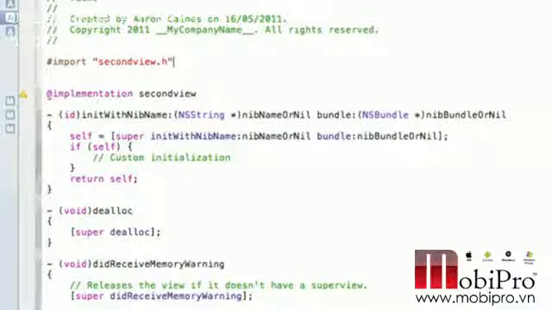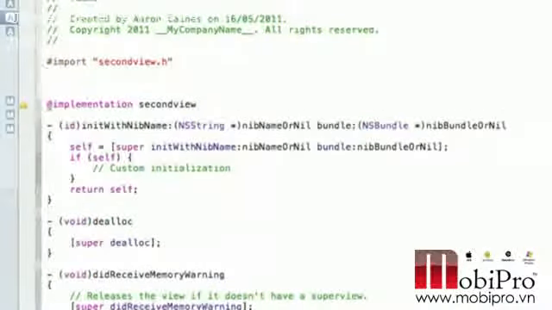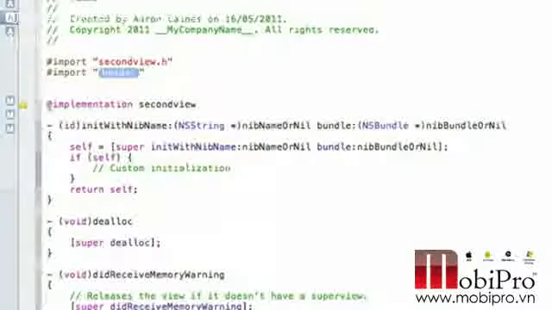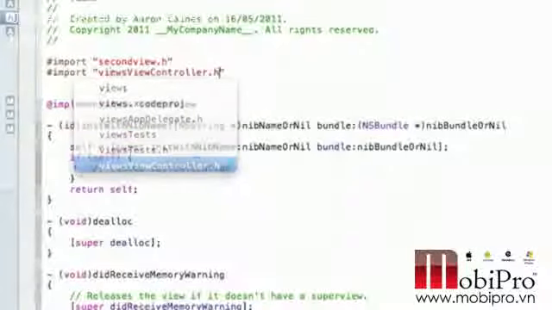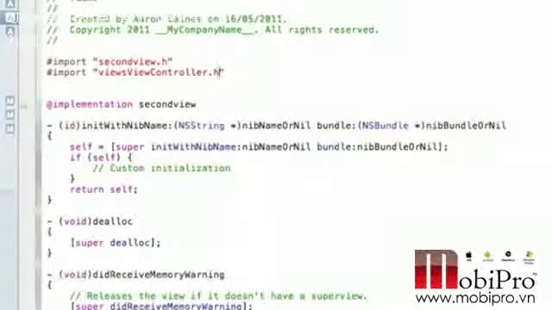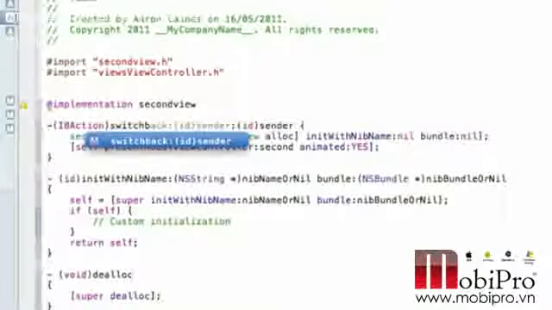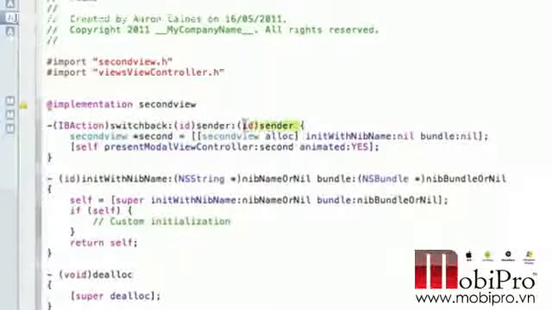But the first thing we want to do is import our view. So again, hash import, and in the highlighted section between the two quotation marks, you simply type in ViewsViewController, as that's the name of my project, and the first view. Simply save that, and then just after the implementation we can paste in our code, and we need to change the IBAction from switch to switchBack,